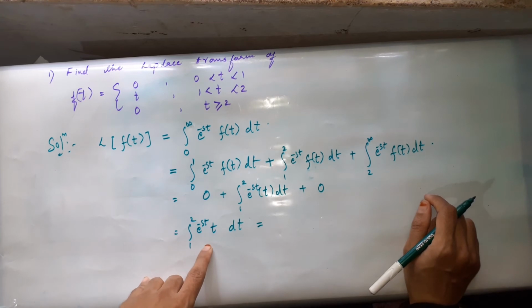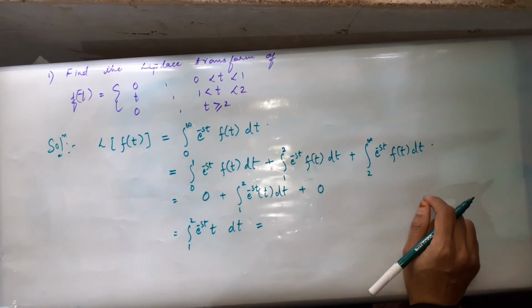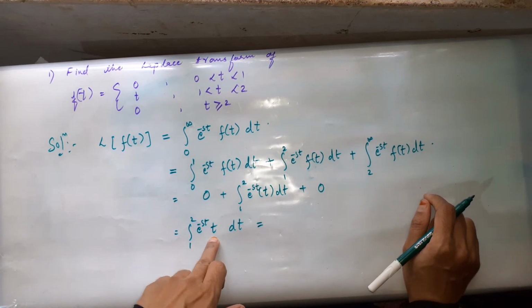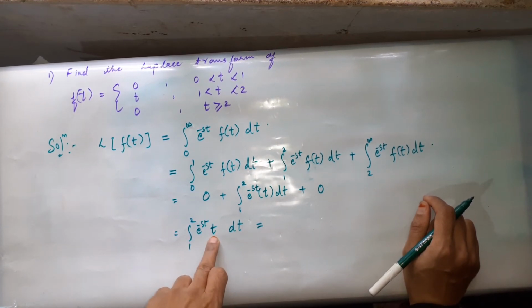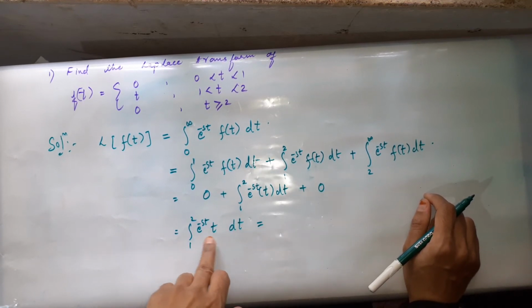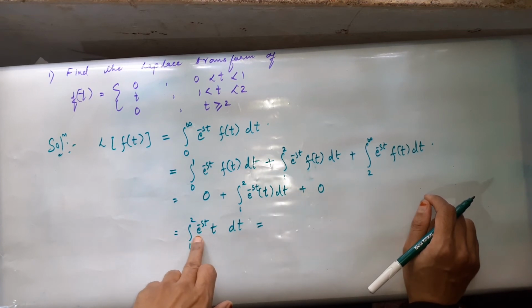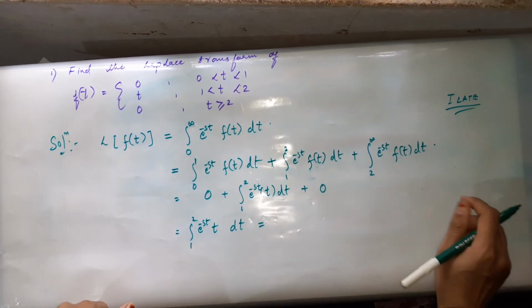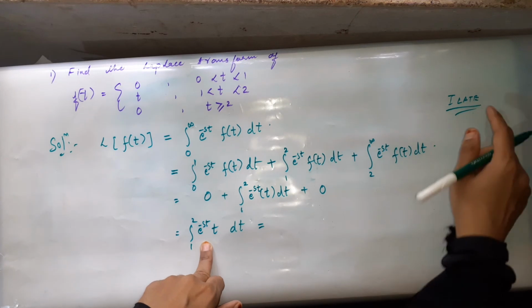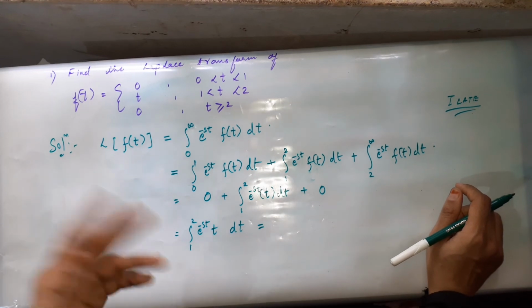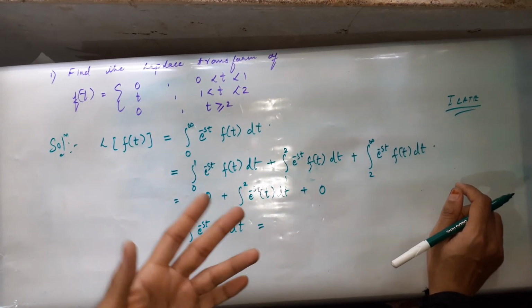But how many times can you differentiate t? Only twice before it vanishes: the derivative of t is 1, and the derivative of 1 becomes 0. So we treat this as our first function and this as our second function. This is how you identify the first and second function, or you can follow the ILATE formula, which you will have learned in second year. Now let us learn what Bernoulli's rule is.